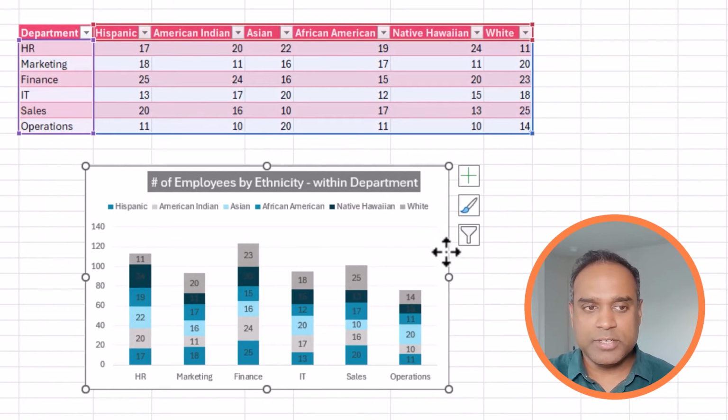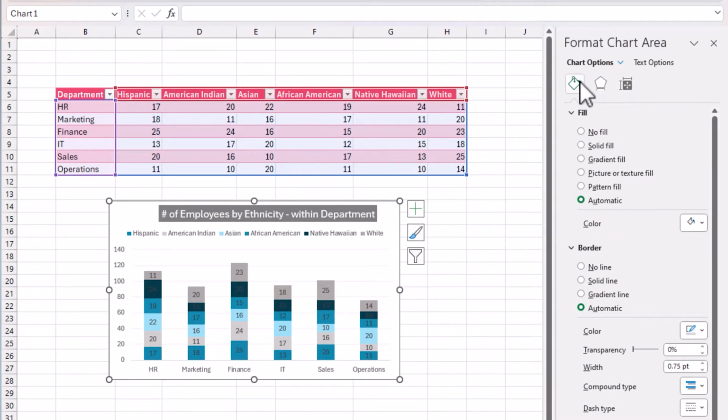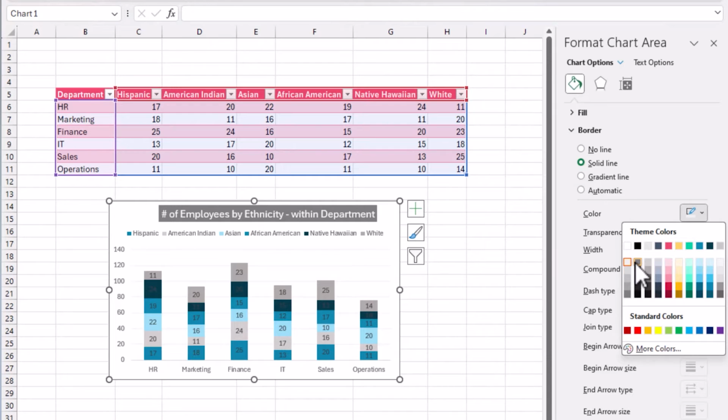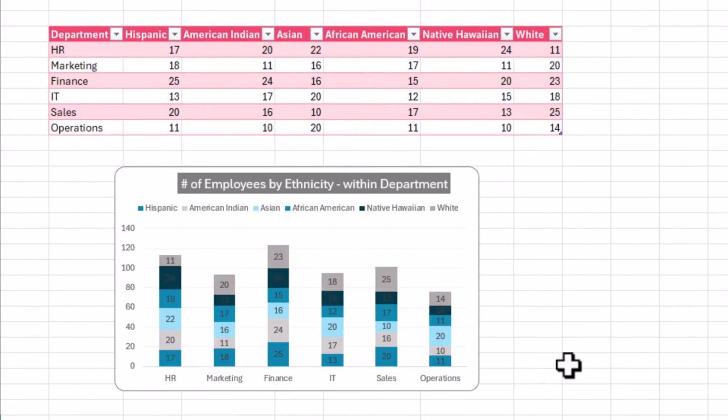And finally, I'm just going to click on this and go to the fill and border here, solid line. I'm going to choose this solid corner. So there you have it. We have a stacked column chart, which has the departments and then the number of employees within each department